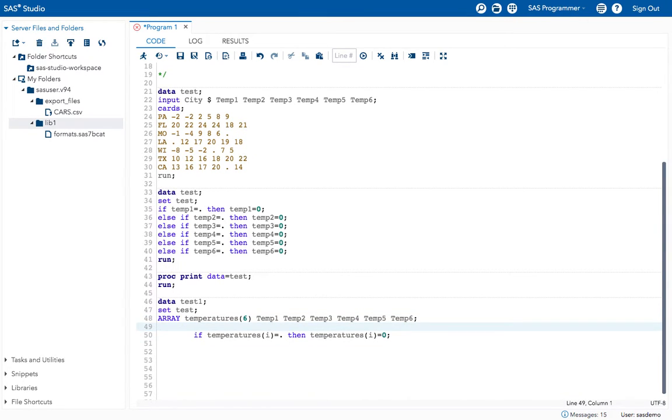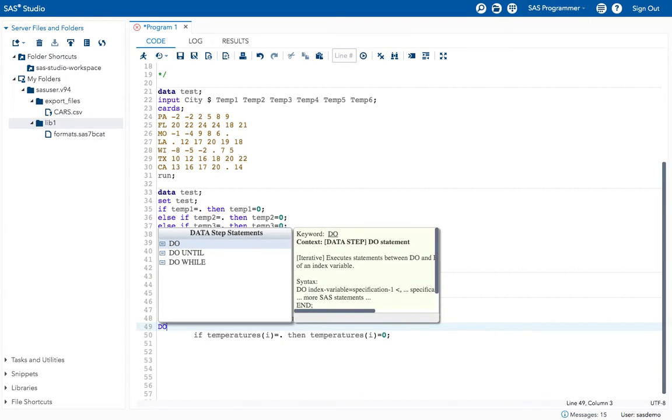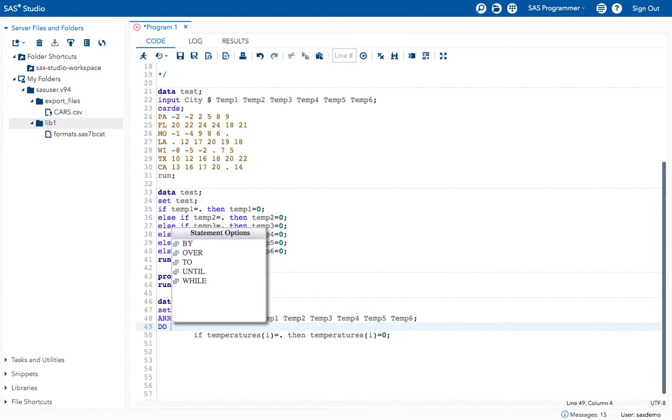Okay, for that what will I do? Let SAS itself do the procedure. To repeat the same statement many times, for the given number of times, we use a do statement: do i equal to 1 to 6.